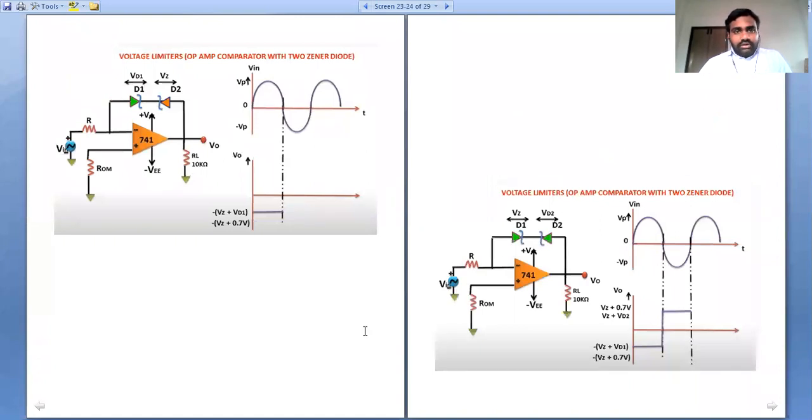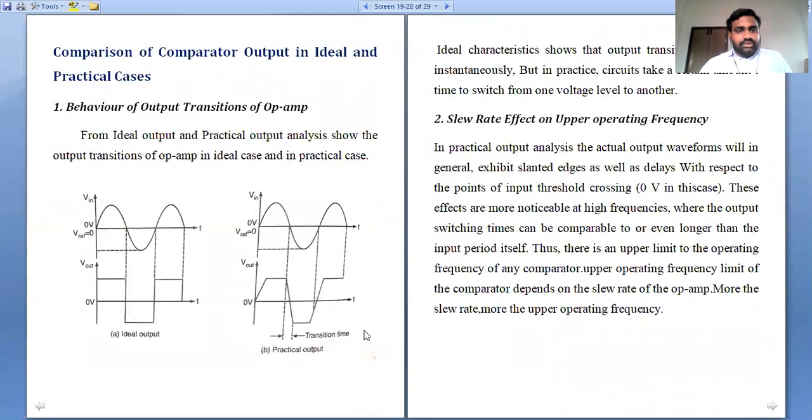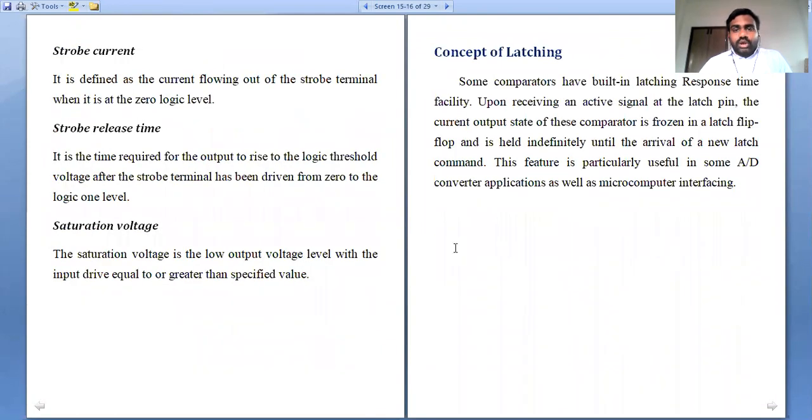In this present session, we discussed the concept of latching. Latching means there is a latching flip-flop or a latching pin connected to the latching flip-flop. This latching pin sends a signal to freeze the output at a particular instant of time. That means whatever the output state is, either a positive reset or a negative reset, the output is frozen up to an instant of time with respect to the latching flip-flop or latching pin.